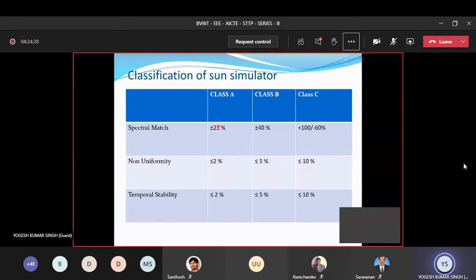If the spectral mismatch is plus minus 25%, the non-uniformity is less than 2%, and the temporal stability is also less than 2%, then your simulator will be Class A. If you are talking about Class B, your spectral match will be around plus minus 40%, the non-uniformity is less than 5%, and the temporal